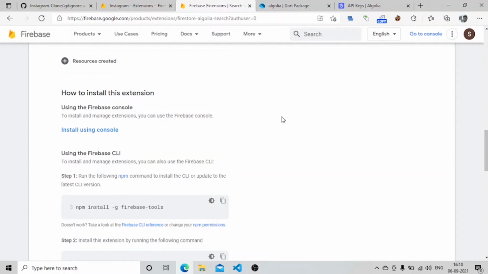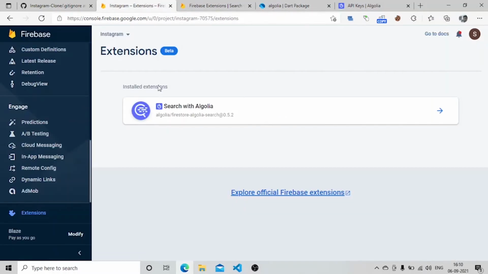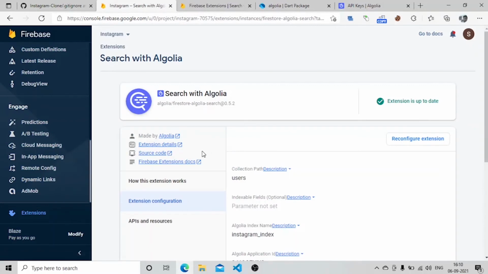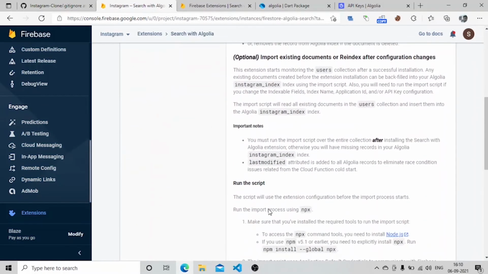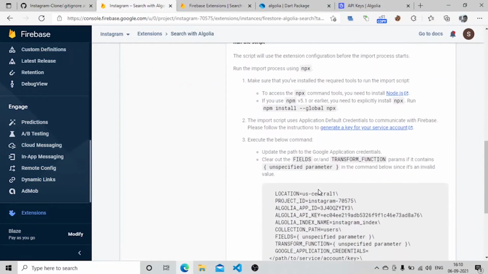Or initially you have 0 documents, that is the other case. If you have 0 documents, just skip this part, and if you have a lot of documents, then go to your extensions, manage extensions, the how this extension works tab. Inside this you can follow these steps in order to transport all your current documents to your Algolia application.